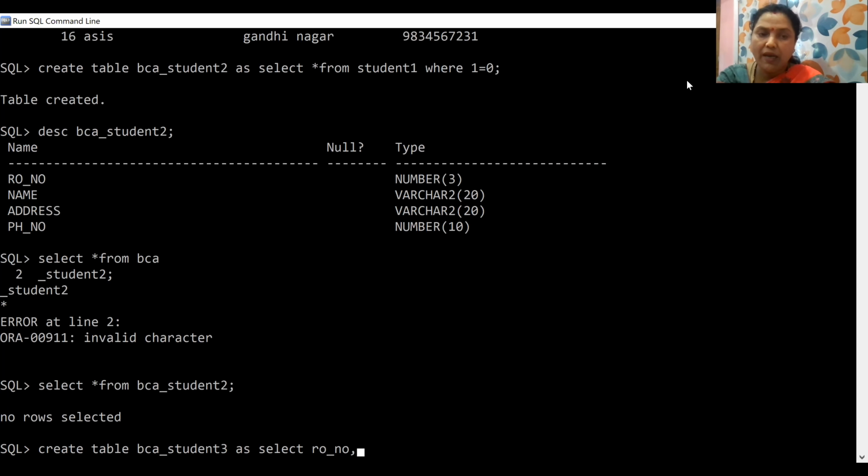If its spelling has been changed, then it will not be supported. Mark it, repeatedly I am saying it. Phone number. Got it? 3 fields you have selected, from student 1.